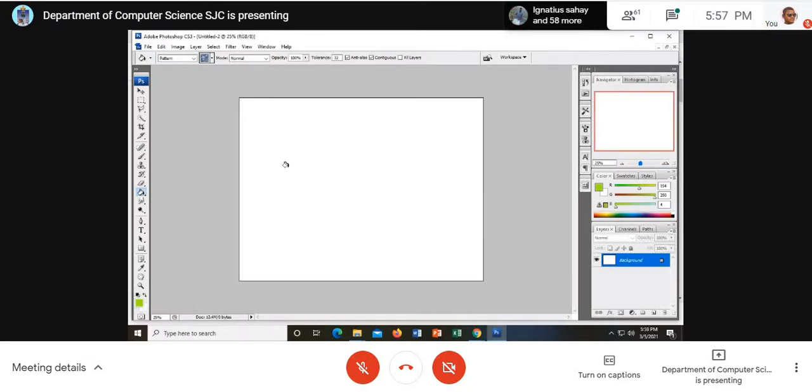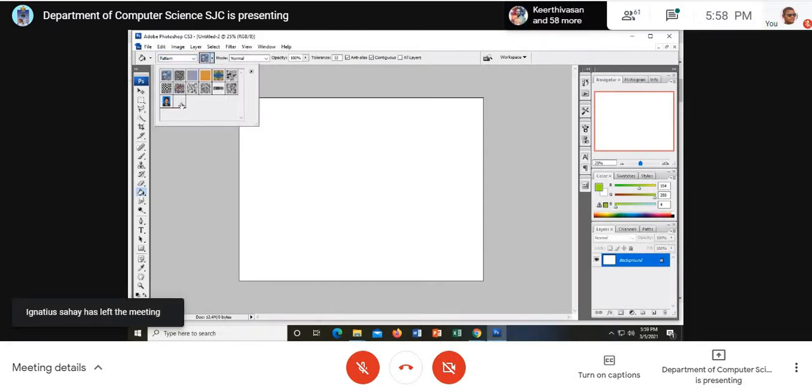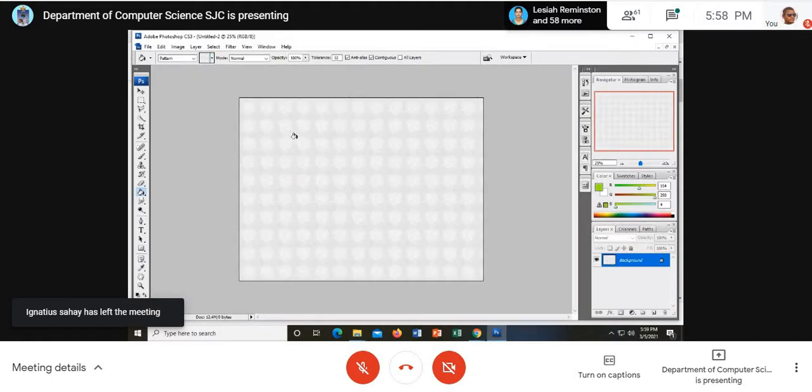Okay, white color background. Now see, choose the paint bucket. Choose the paint bucket and choose Pattern on the top instead of Foreground. If it's a single color, it's foreground. Whatever color is appearing in the foreground tool is used. And if you want to go for a pattern, click here and choose the pattern that you have selected. See, I have chosen this pattern. When I click here, I got this pattern as the background.